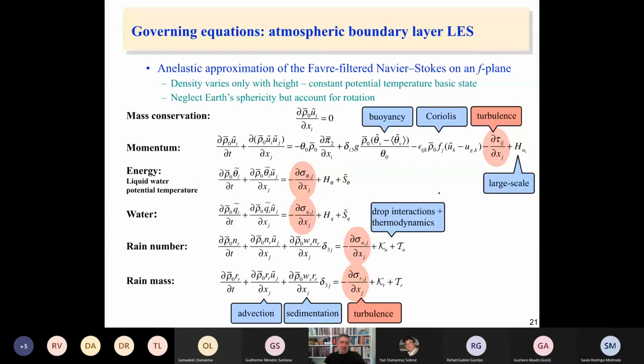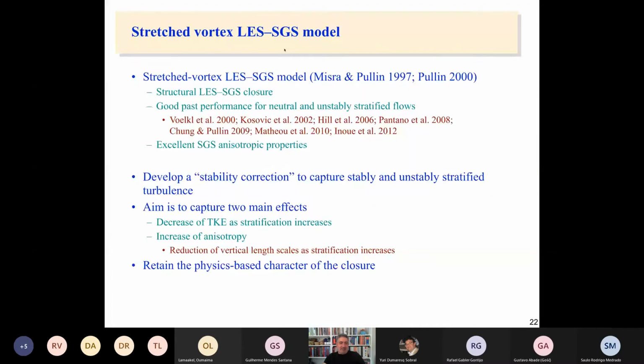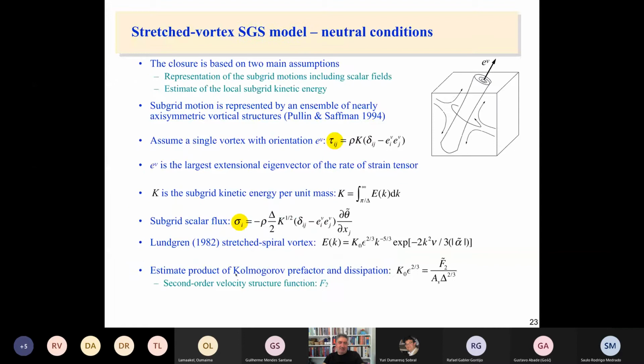I'm going to base all of my development on this model called the stretched-vortex SGS model. This is a little bit different from the other closures that are mostly used in CFD. It is a structural LES closure. It has very nice anisotropic properties that I'm trying to exploit. The model was already developed for the neutral case. What Daniel Chang did is figure out a stability correction for stably and unstably stratified turbulence. So our goal is to do two things: change how TKE works in stratified turbulence and also correct for the anisotropy. And we don't want to mess up the nice physical character of the closure. So the way the model works,